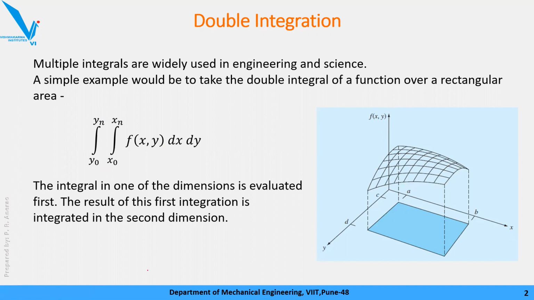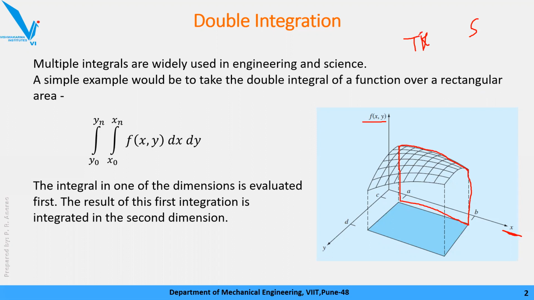First, I'll try to make this clear. Just focus on only one part. For example, I'll consider the x-axis and f of x comma y. We will only focus on this part of the curve. We will apply either the trapezoidal rule or some kind of Simpson's rule. Either one of the two rules we will use. We will calculate the area under this curve.